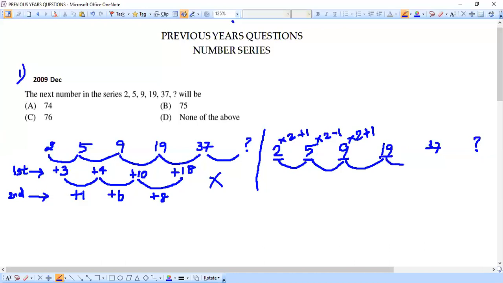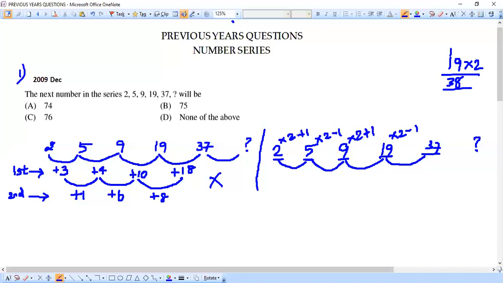From 19, once again, we need to travel till the next term, which is 37. Again, we have to now go with the 19 table. Don't get panicked that you are getting big numbers for tables. Nothing to worry. We can do the calculations carefully. 19 ones are 19, and let's try 19 twos are. You can even work it separately. Two nines are 18 and one will be a carryover, and two ones are 2 plus 1 is 3. That means I'm getting 19 twos are 38. Now from 38 I need to do minus 1 to get this 37.